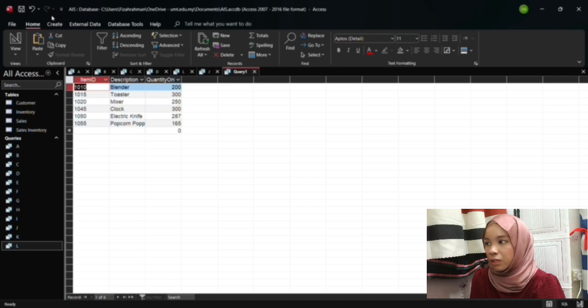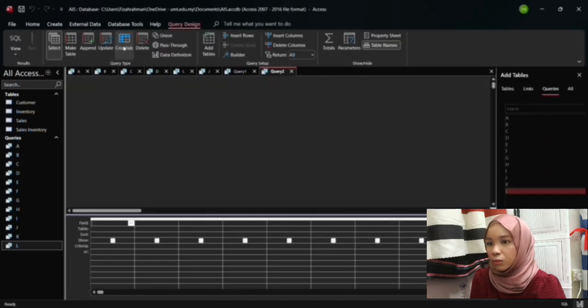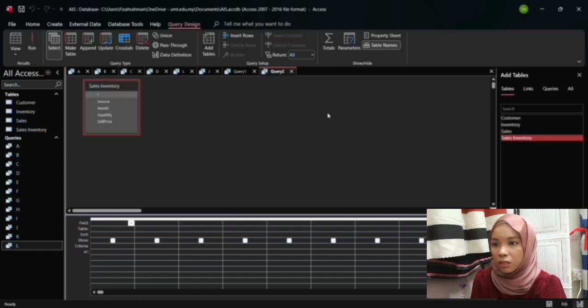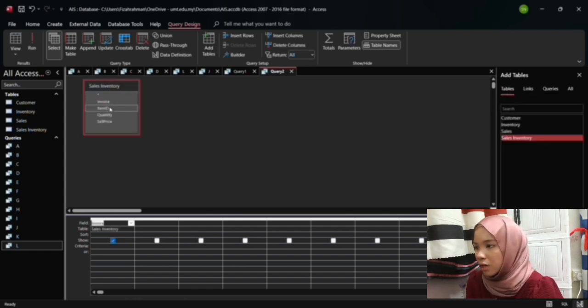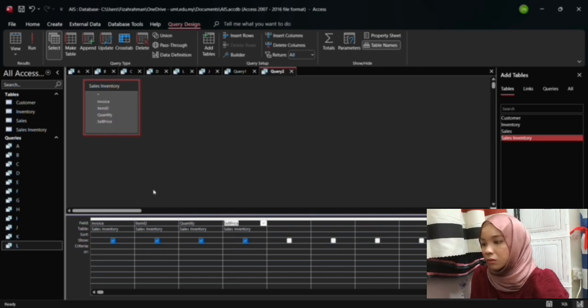Next, we create a query design, and we need to go to table, choose the sales inventory, click invoice, item ID, quantity, and also sales price. And the criteria is 103 because the question asked for it, and then we click run and we got all